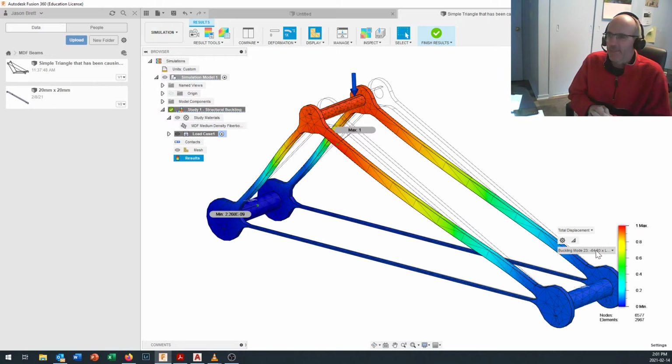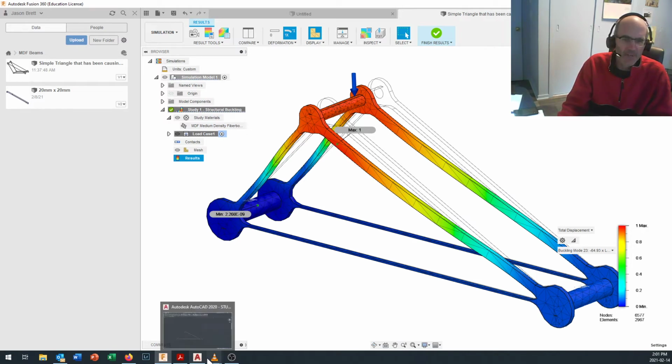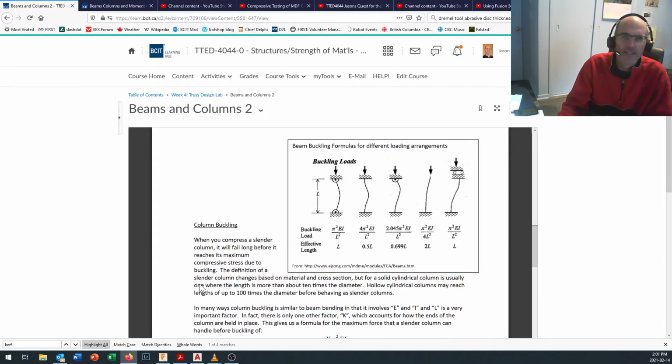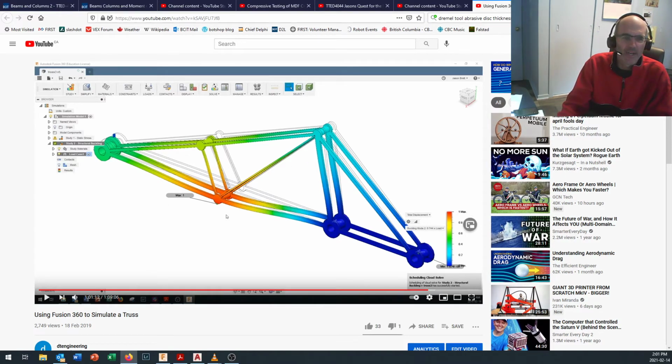Now, Fusion 360 will take your CAD drawing and in the course of 10 minutes, give you an answer on how strong your truss will actually be. I'll show you how to do that in a separate video. In fact, I already have a video up on YouTube that shows you how to do this. And my video using Fusion 360 to simulate a truss has been up there for a while, and it's been used by a number of people to go through and simulate the truss with the previous loading conditions that we were working on for this project. And I actually go through and show you how to set the truss up parametrically. So if you want to change the geometry on here,